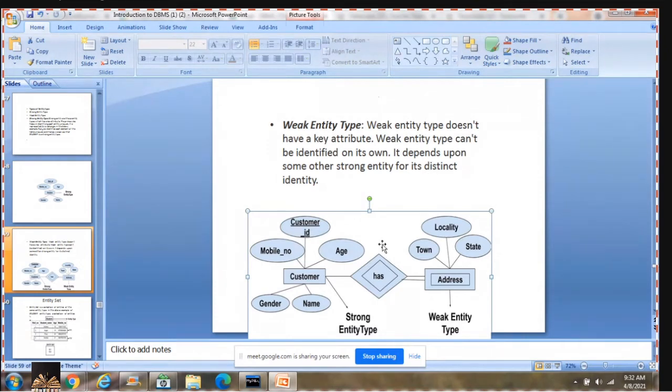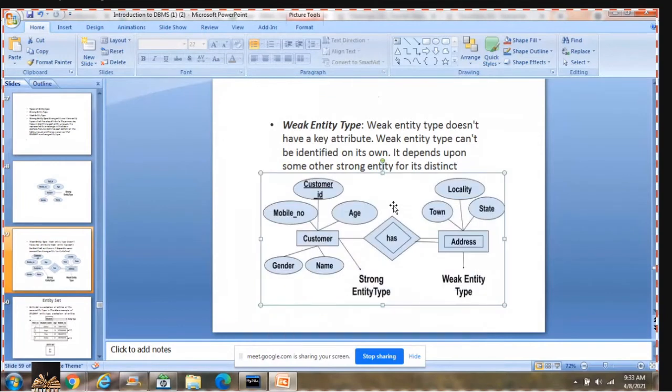Now try to understand the example. I'm working with customer. There is a relationship "has" and address. Customer has address.